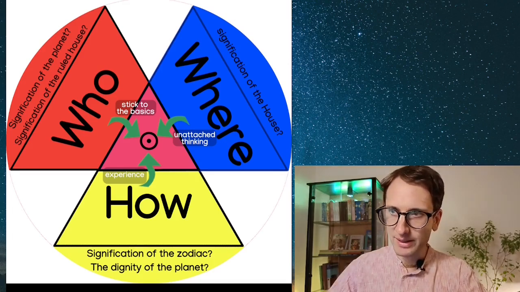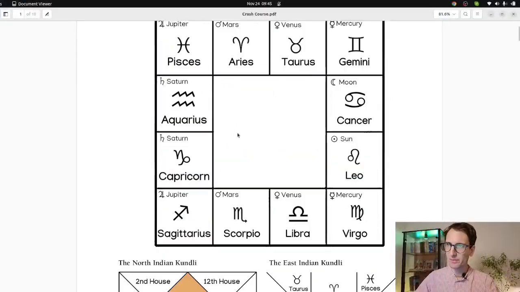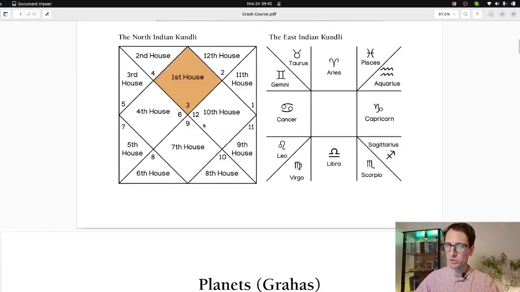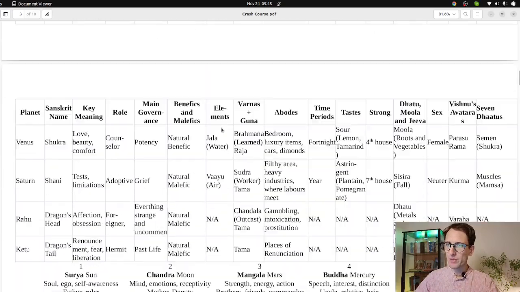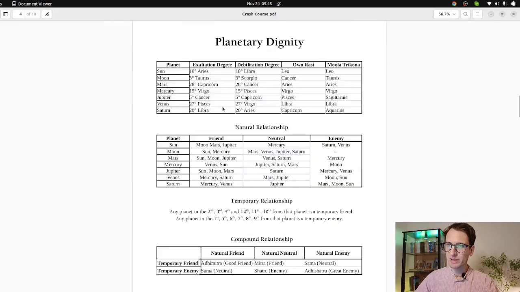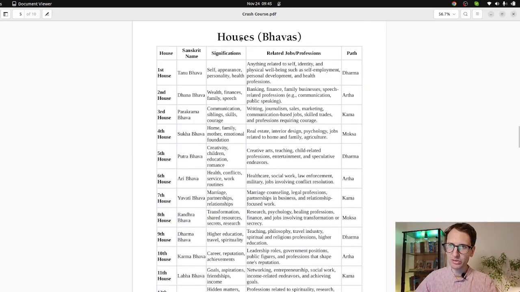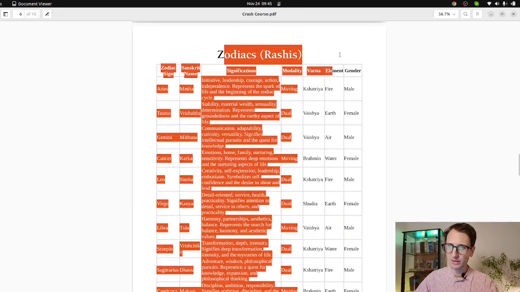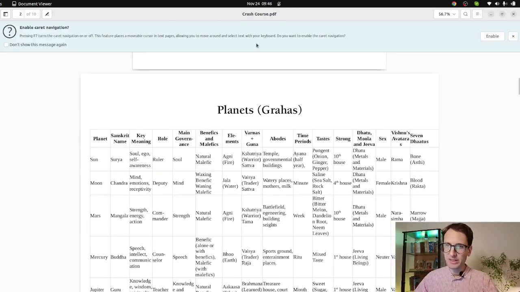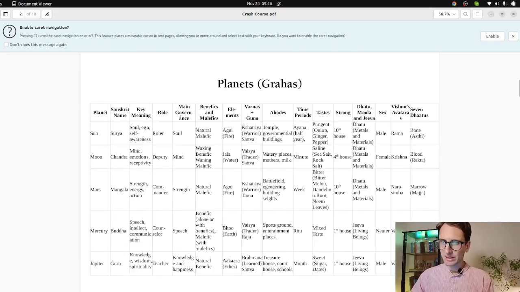All right, we have it here. So we have already discussed the chart. You have different pages here. The first is about the planets, then the planets' health, their relationship to each other, then the houses, and the zodiacs. I suggest that you print this out and keep it beside you, so you always have all the information ready whenever you do chart reading. So let us